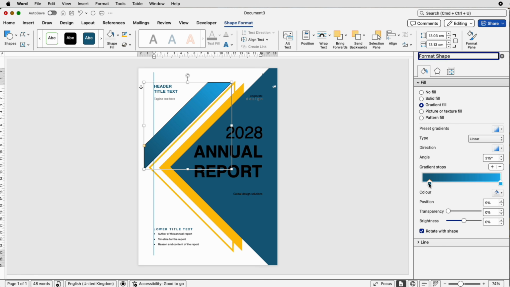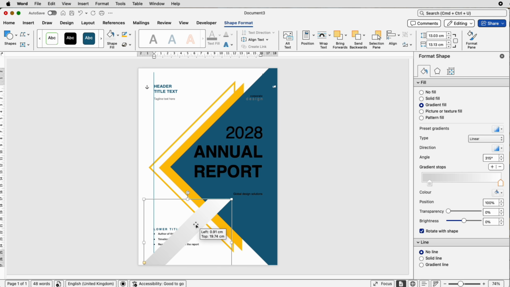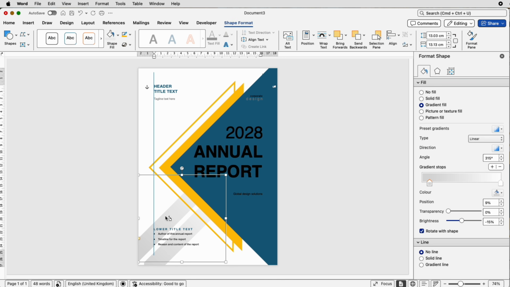Then go to shape format, over to format pane, go to the fill icon here, go to gradient fill, then we can select our colors, go to this one here, go to the bucket icon and choose a light gray, and here you can choose white, and then in the line select no line, and then you can move it down to the bottom here, send backwards, send to back, copy and paste it by holding down that Alt or Option key, again send to back,